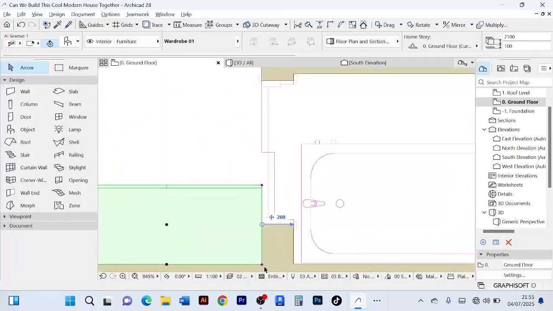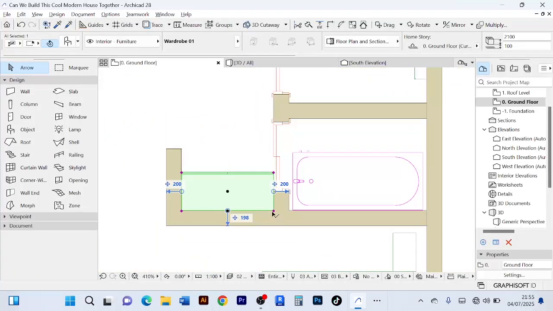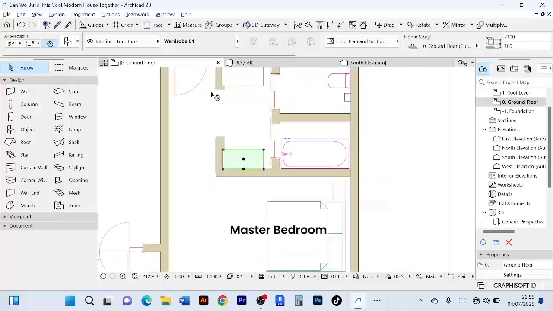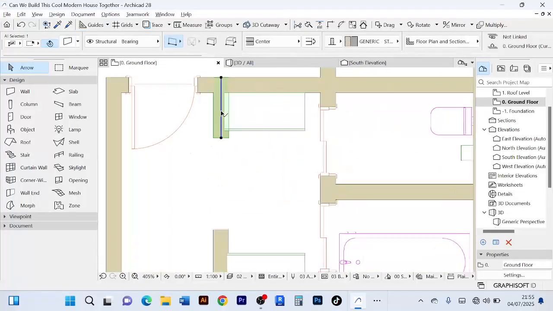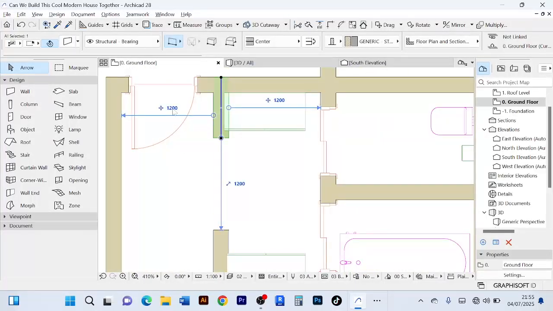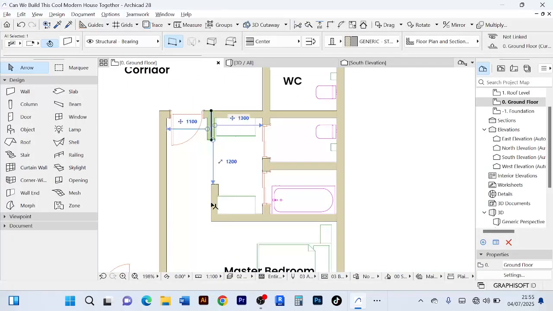Then here I'll also move it a little bit. Then the distance here I'll also give it 200. I think now this wall can move a little bit. Let's say 1.1, just like that. Then this one 1.1,